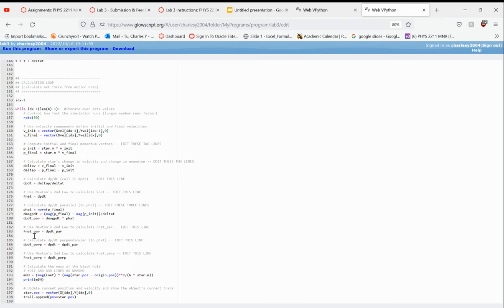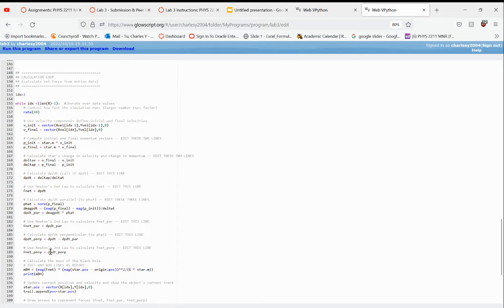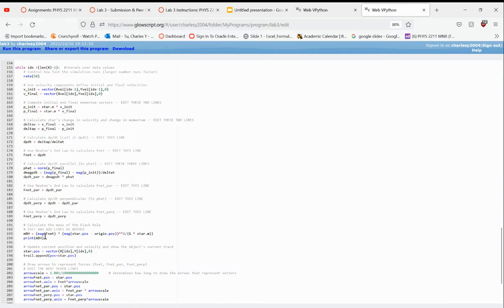And then right here we calculate the perpendicular part of the net force through F net equals F net parallel plus F net perpendicular. And then we use all that info in the formula negative G m1 m2 over magnitude of r squared times r hat. We just isolate the mass of the black hole on one side by using this formula, and then when we run this,